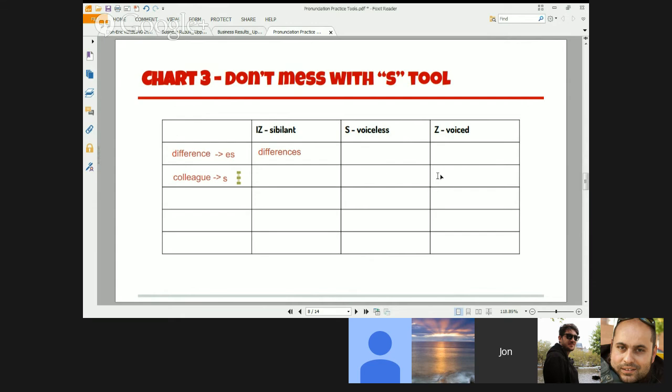Third one. It could be the second or the third, but if you say it slowly, it's the third. Colleagues. If you say it slowly, gz. Yes, it's definitely the third. If you say it fast, it sounds more like a x. Okay, but yes, if you say it slowly the right way, it's the third. Colleagues, because the G is voiced. Gz. You use your voice, so it sounds like a Z.